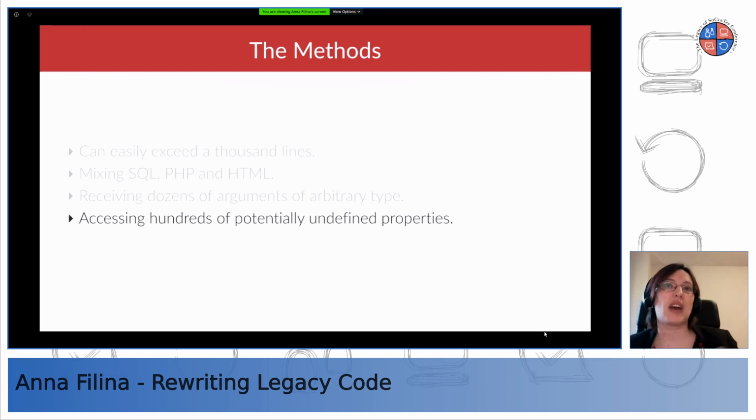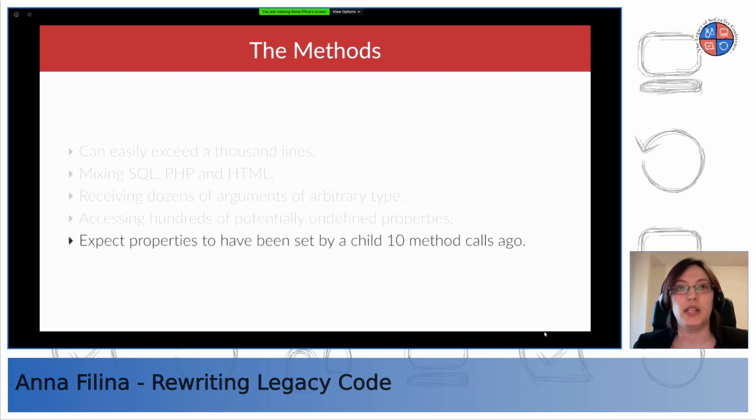And also that method would access properties on the object, but these are potentially undefined because in PHP you don't have to define something. You won't get an actual error when you try to access them, only if you try to do something with it. So that's an interesting case that just keeps repeating in all the legacy that I inherit.